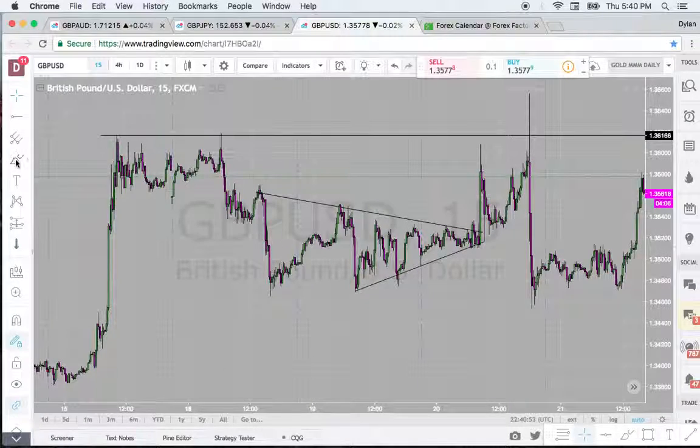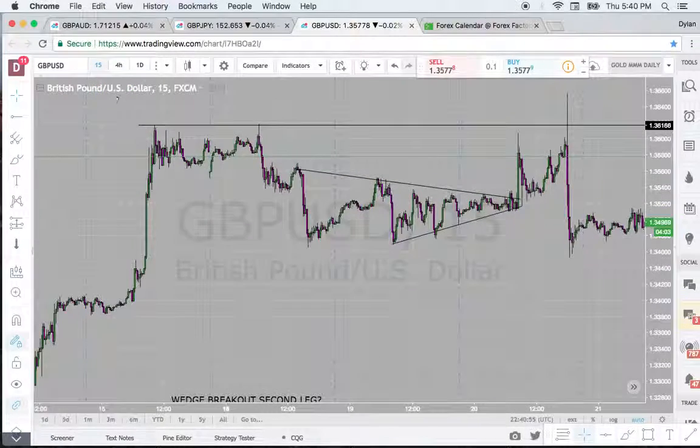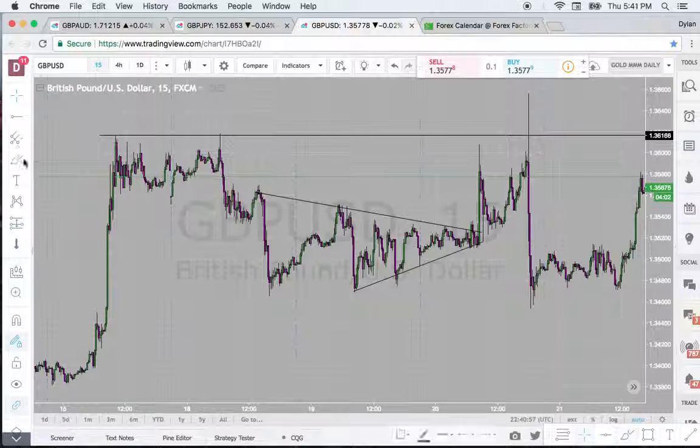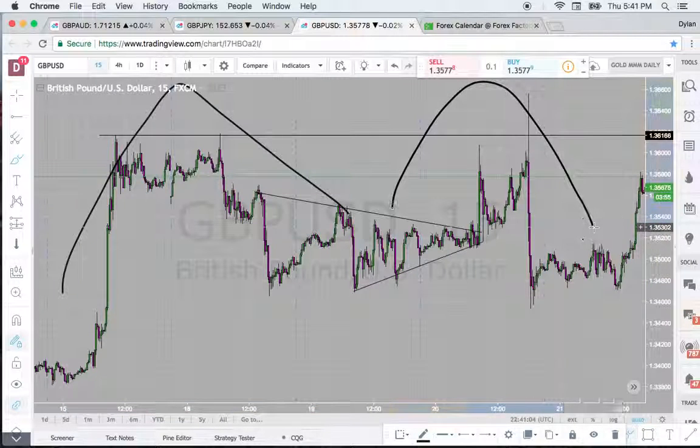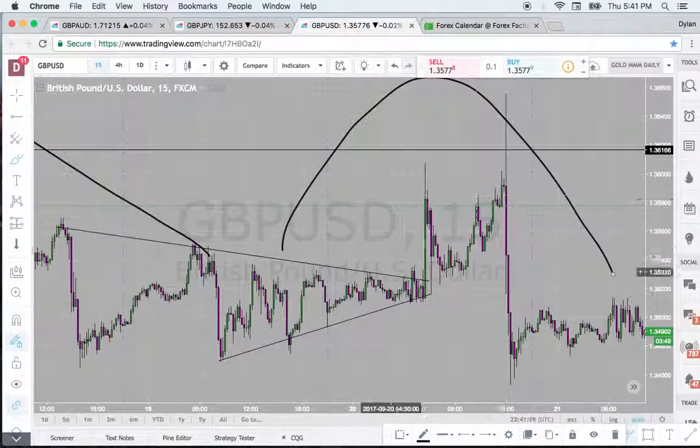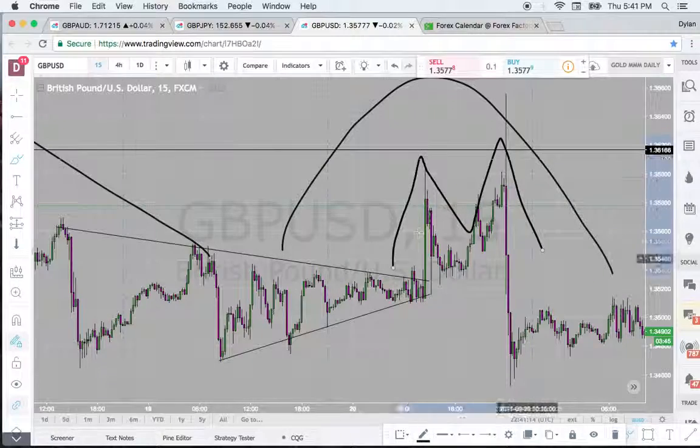Well, here's the first leg of the macro M. And then here's the second leg of the macro M. But that second leg of the macro, inside of it is a micro M, right? And inside of that micro M,